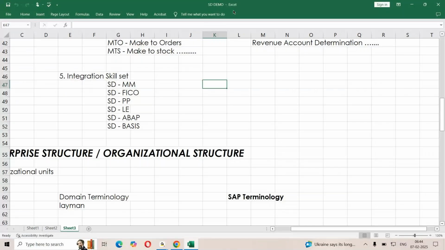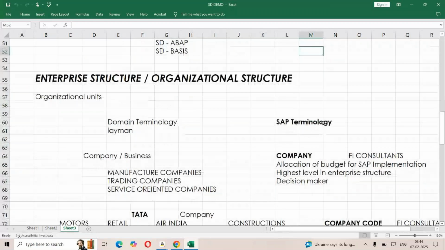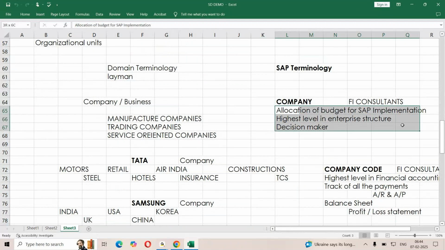So this was our last class. We started working out with our enterprise structure terminology. There were a few things which I was trying to explain, like how we are going to be mapping a company or a business which wants to use SAP. We name it as a company. And I was trying to mention what exactly is the meaning of a company, what we try to map it. Then we started working out with our company code as our second step over here.